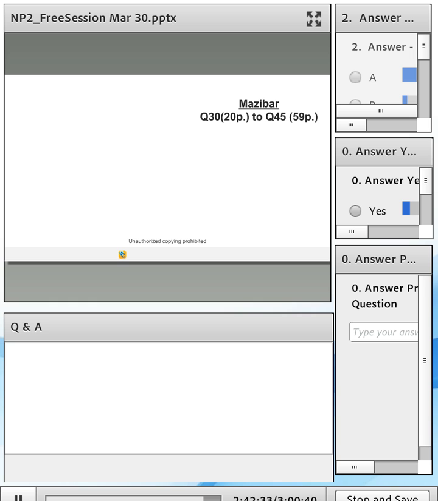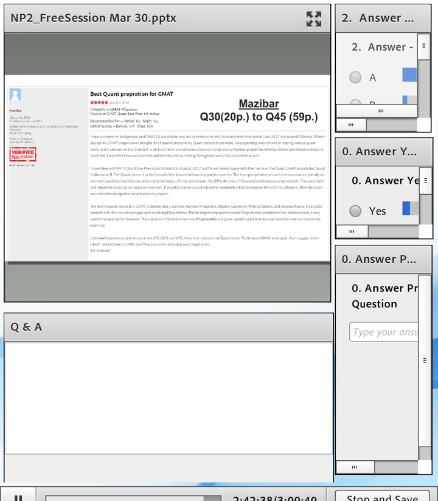Now, this third success story is of an individual who was actually extremely weak in quant. His starting score was Q30, a mere 20 percentile. Mazibar, which is his BTG forum name, spent a ton of time reading quant books but was not able to improve. Now, he benefited tremendously from the progressive learning architecture at e-GMAT, in which he was able to cement his basics before taking on difficult questions. Pretty much what we did in this session, we took easy questions first, we built our approach, and then we moved on to more difficult questions. Okay.